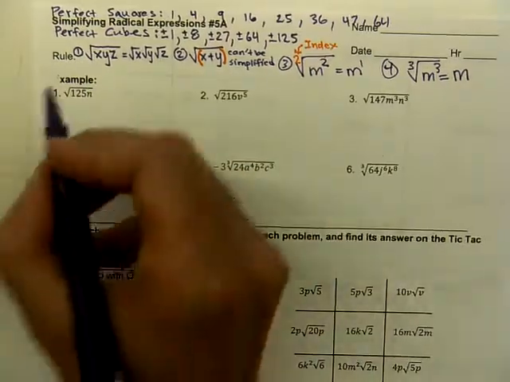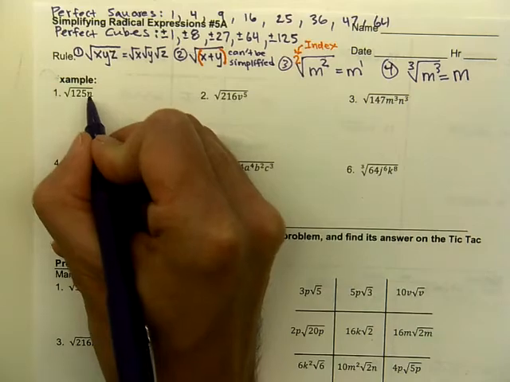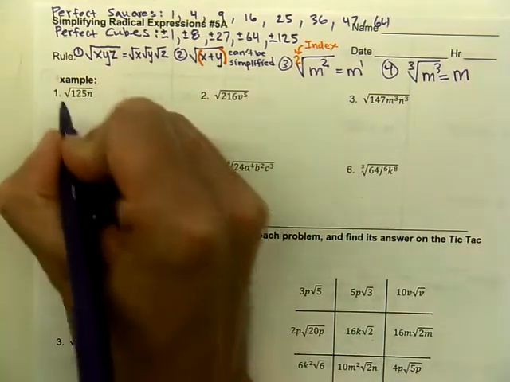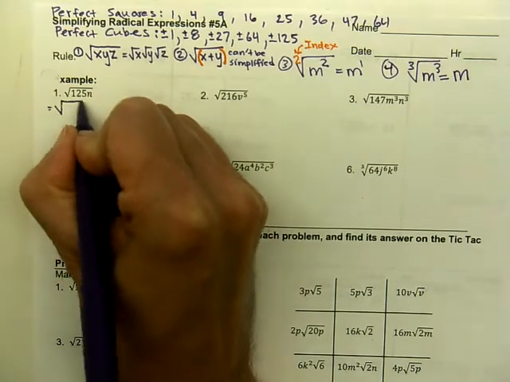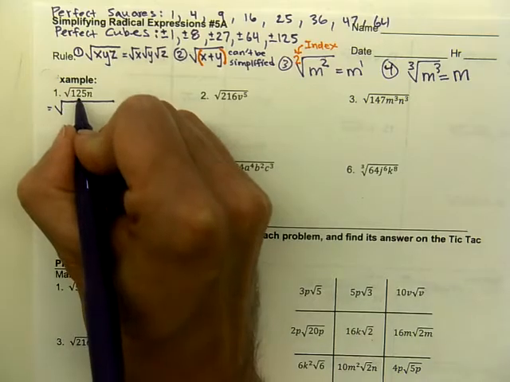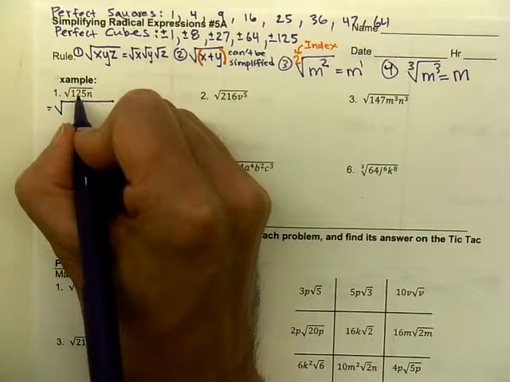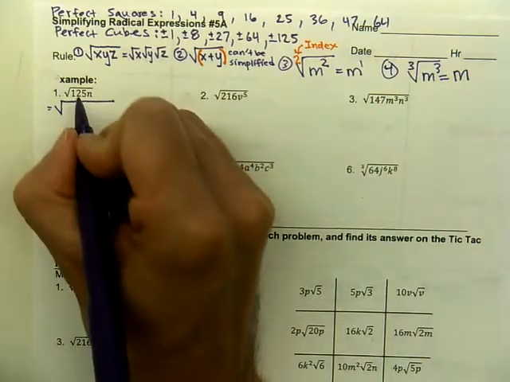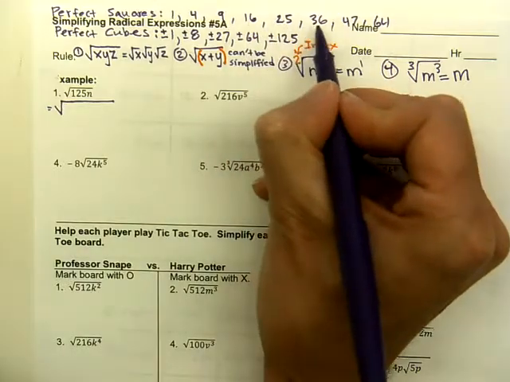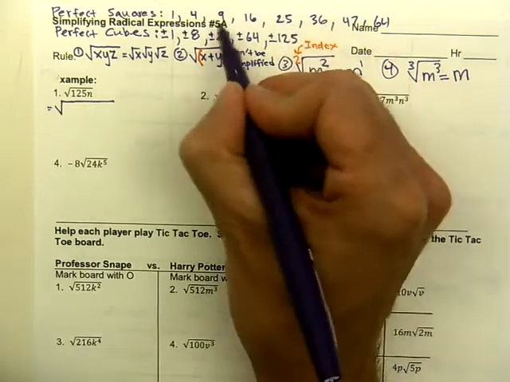So when I go to problem number 1, we have the square root of 125 times n. We're going to focus on the values first and then the variables second. When we're starting off with the values, we want to take that 125 and factor it. Again, factors are values that are being multiplied together. So what times what equals 125? We want one of our factors to come from this list of perfect squares,